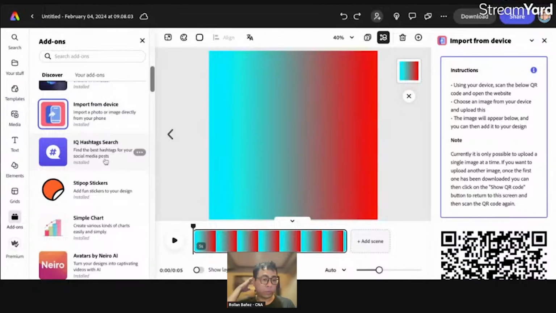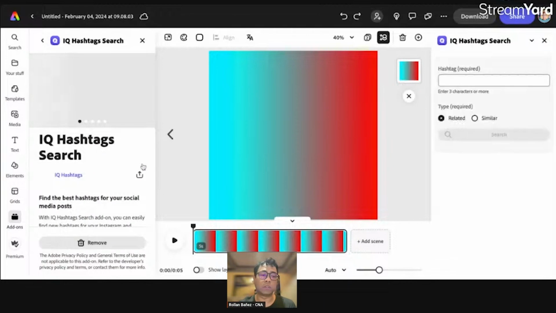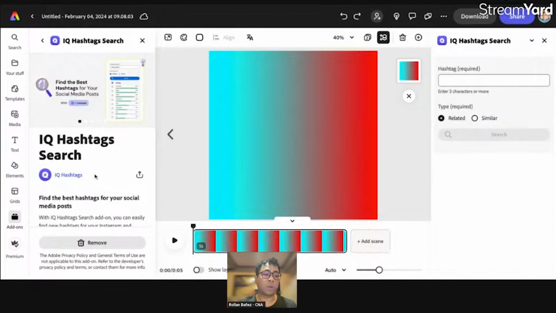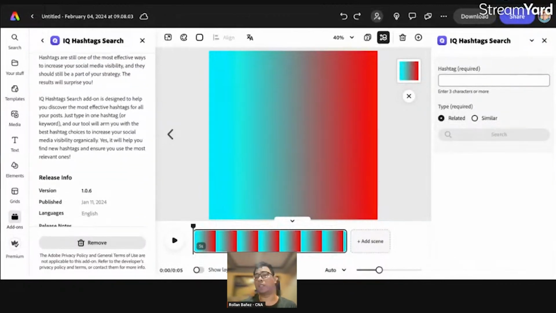This one is also a useful one that I have also used frequently, which is IQ hashtag search. So let's click on the details for this. This one is also created by the same name. It's also IQ hashtags. This will enable you to create a design, and then if you want, let's type in